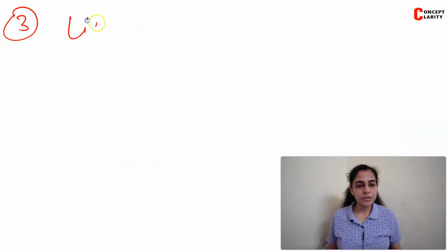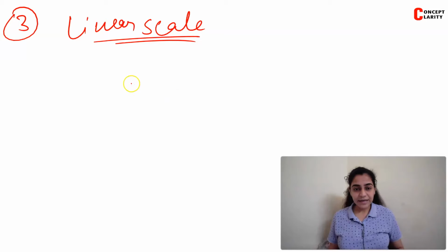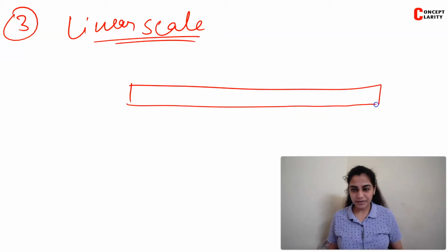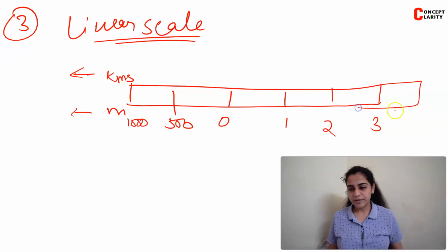And then we have the third one, that is a linear scale. Most topo sheets use this linear scale; it is most commonly used. What happens in this is we have a straight line and it can be divided into parts, and each part exactly represents a certain distance on the ground. So let's divide this line into parts. Here I will write kilometers, which means the actual reading, and here I will write meters, that will be the surveyed reading. My kilometers will be 1000 meters, then 500 meters, and then we have 0, then 1, 2, 3, and we can make 4 kilometers, as much as we want.